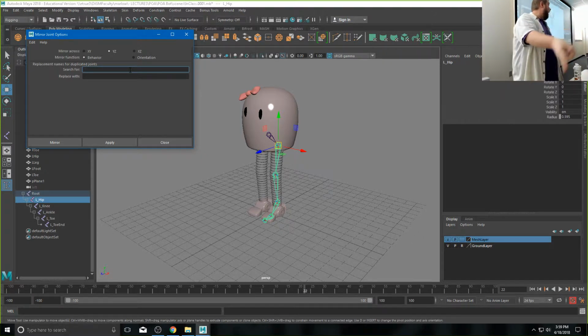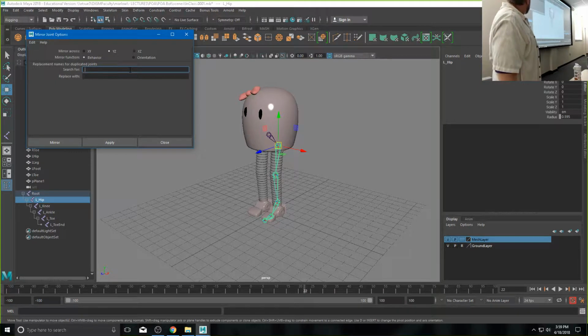But here's why we named this the way we did. So replacement names for duplicate joints. If I don't change anything here, it will basically just put a 1 at the end of hip. It'll be L hip 1. Like it's going to start numbering them, right? But if instead I search for L underscore and replace that with R underscore, right, and I hit mirror,